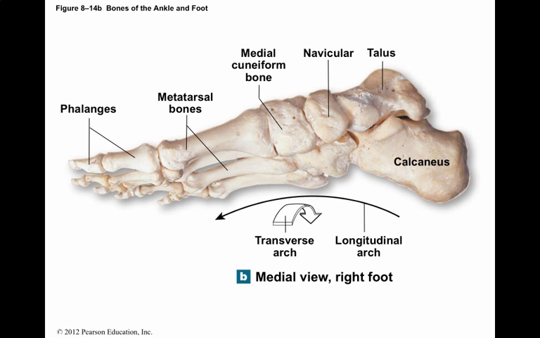The ankle or tarsus consists of 7 tarsal bones. The talus is the large bone that articulates with the tibia. The talus transmits the weight of the body from the tibia toward the toes. The calcaneus or heel bone is the largest of the tarsal bones. When you stand normally, most of your weight is transmitted from the tibia to the talus, to the calcaneus, and finally to the ground.